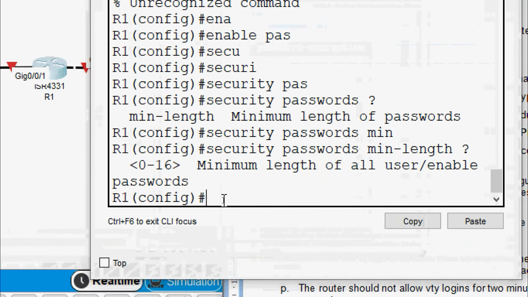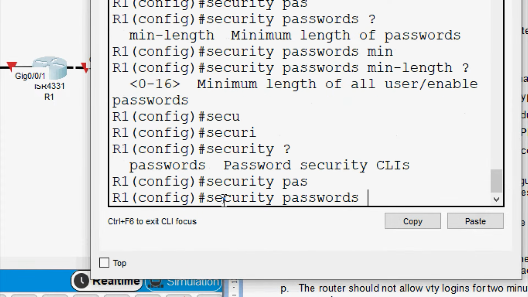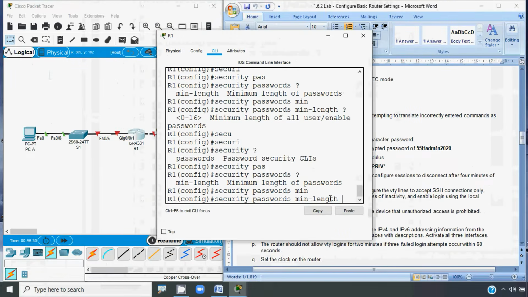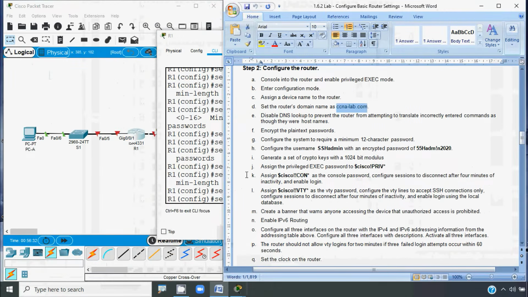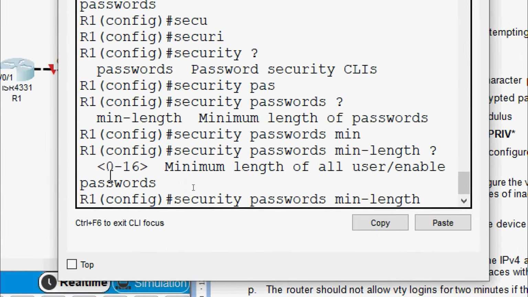Okay, we can set that, security passwords min-length as specified, it's 12 characters. Here we can see the minimum length of all user passwords. Okay,